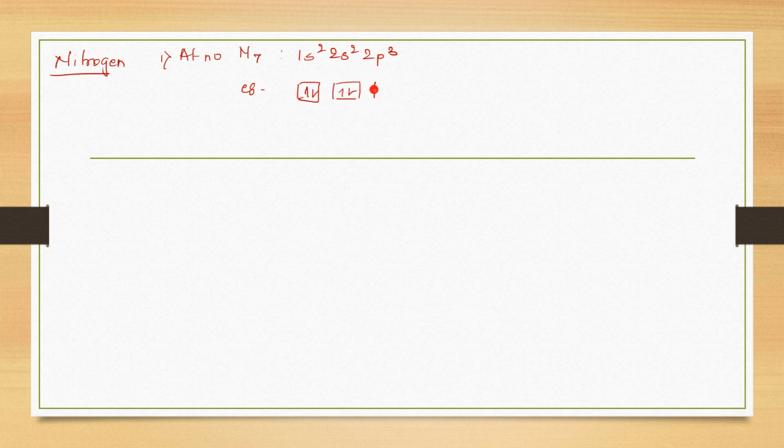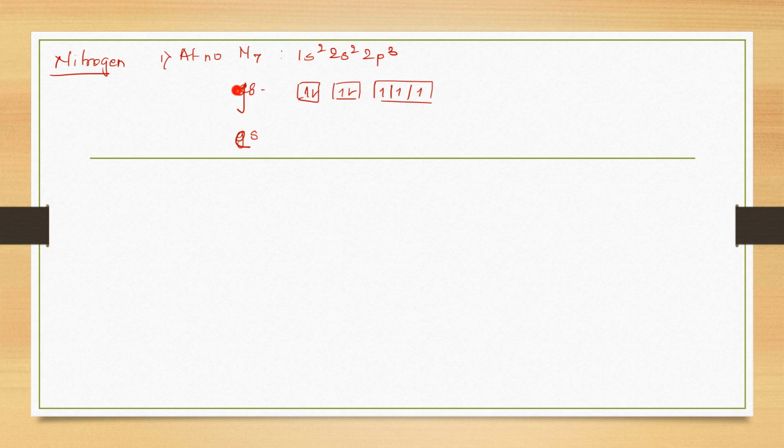Similarly, now let's go for sp3 hybridization of nitrogen. At the end, I'll go for ethane also. Now what did I tell you? Start with the atomic number. What is the atomic number of nitrogen? 7. What is the electronic configuration? 1s2, 2s2, 2p3. Show the ground state configuration. 1s, if you want you draw 1s, otherwise you can skip that, and 2p3. Okay, fine. Now what will happen in excited state? Sorry, this is ground state, this is excited state.